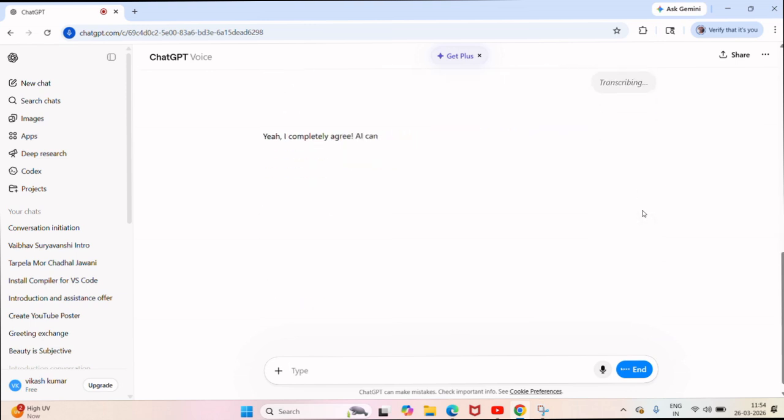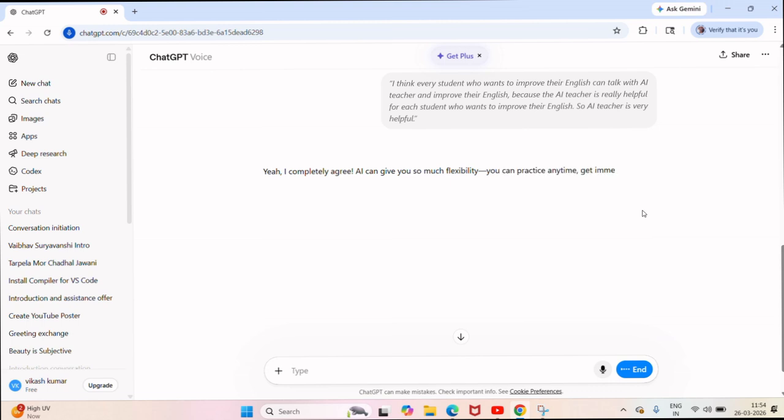Yeah, I completely agree. AI can give you so much flexibility. You can practice anytime, get immediate feedback, and focus on exactly what you need. So if you ever have specific things you want to work on, just let me know and we can focus